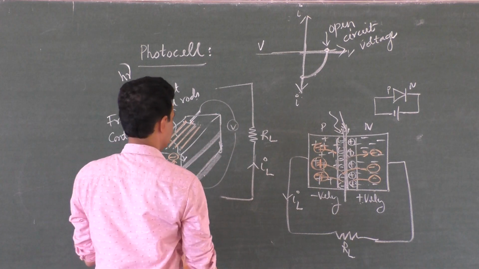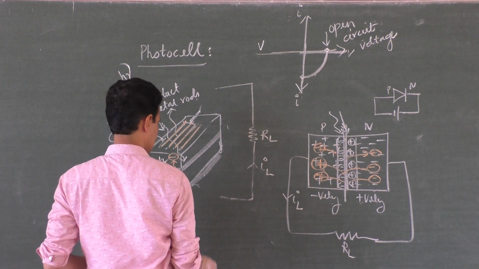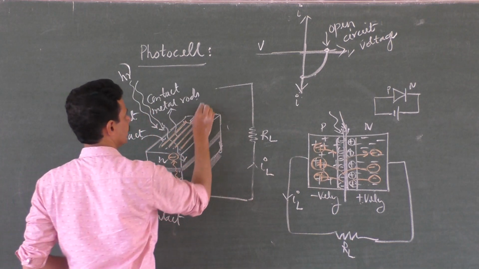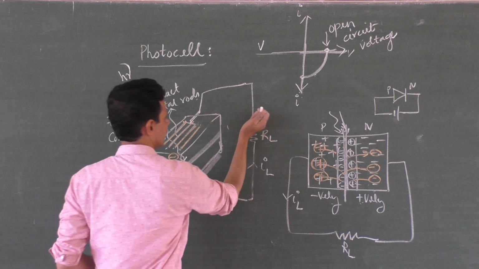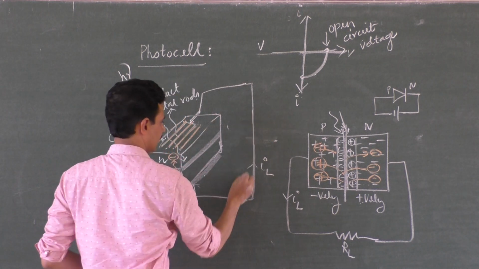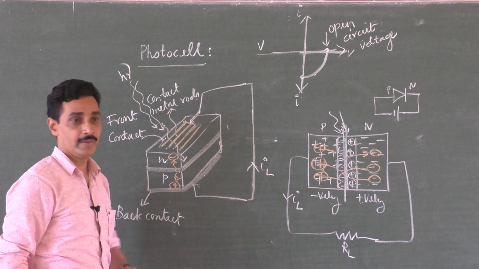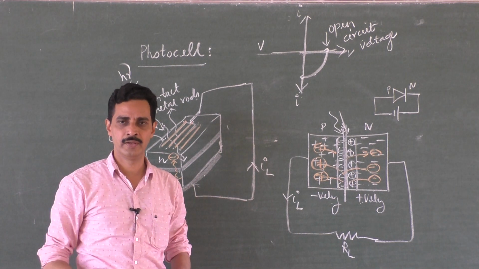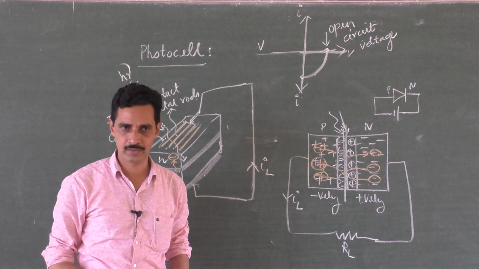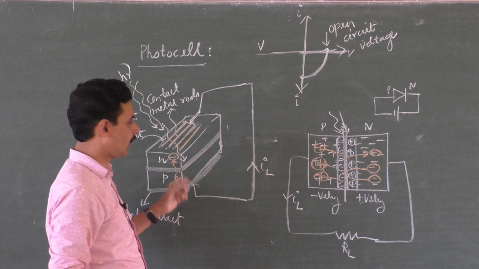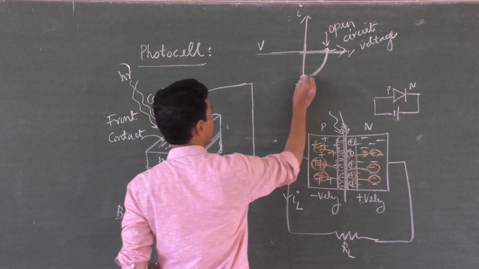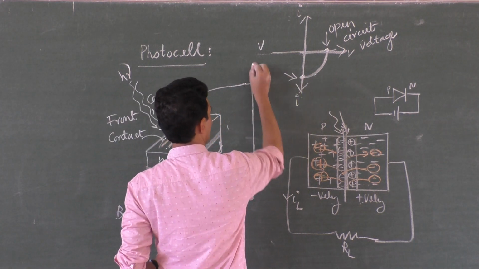Now connect the back contact and front contact using a small resistance. Let this resistance be 0, connected by a wire. Sir, how much current flows? When you connect a cell by a simple wire, heavy current flows through the wire because there is no resistance at all. Heavy current, because you have shorted it by a wire. The current that flows here is called short circuit current.